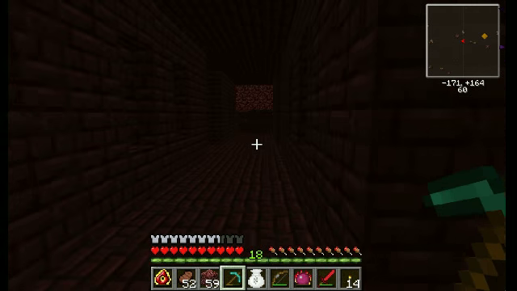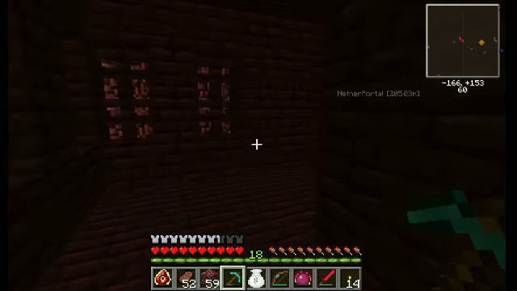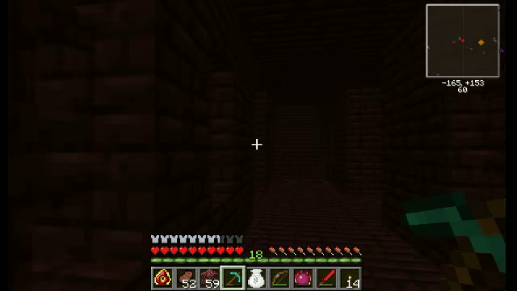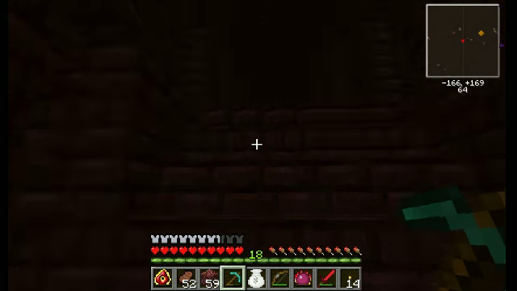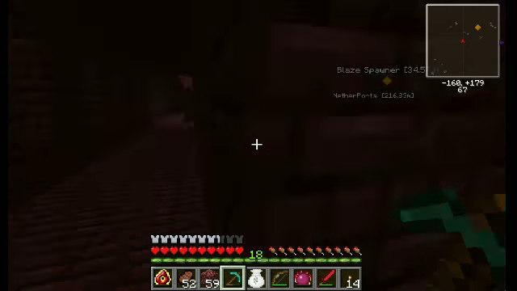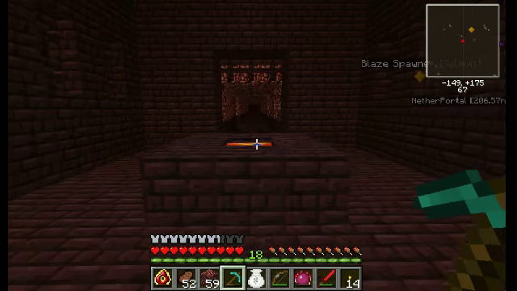peruse these corridors a little bit. Yeah, that's where I left, okay. I thought that I could find an easier way out. So how did I get down into this area again? This staircase? Is it missing a block? No, so this is a new staircase. Alright, alright. I really just need to get back to that White Room portal, and I could honestly just dig the 100-something blocks, but